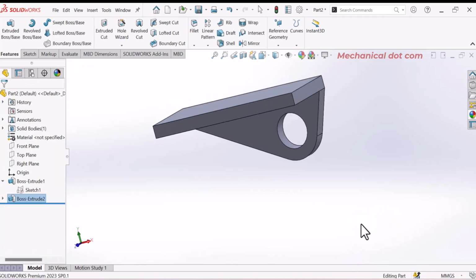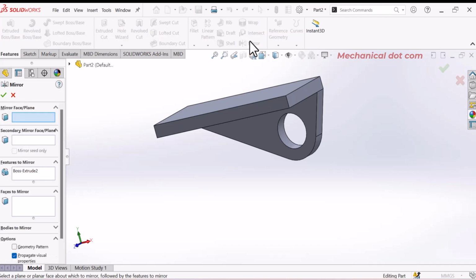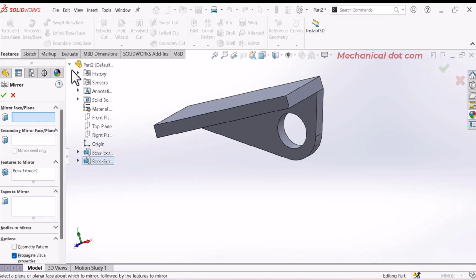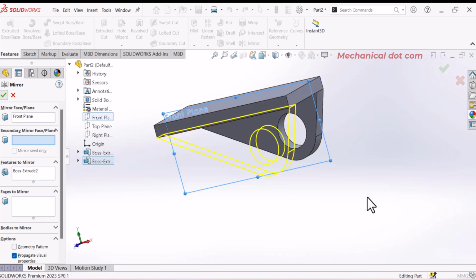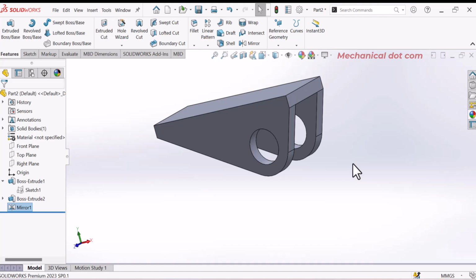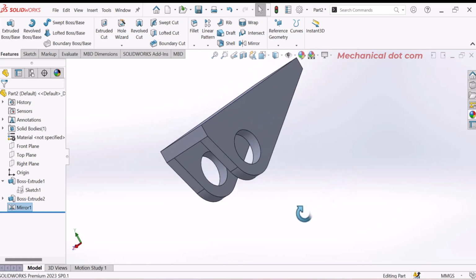See, now we want this on the other side as well. So go to mirror, select here front plane and features to mirror, select here this last option and click OK. See,